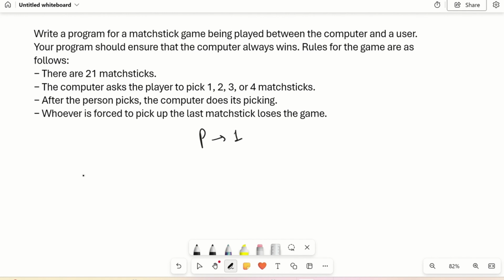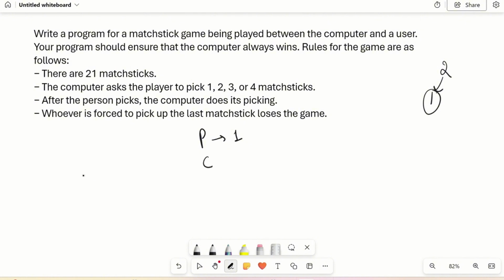Let's say in the end the player is left with two matchsticks, then the player will choose one matchstick and the one will be left for the computer, and the computer will lose and the player will win. So the computer can only win if the player is left with one matchstick. How is that possible that the player is left with one matchstick?